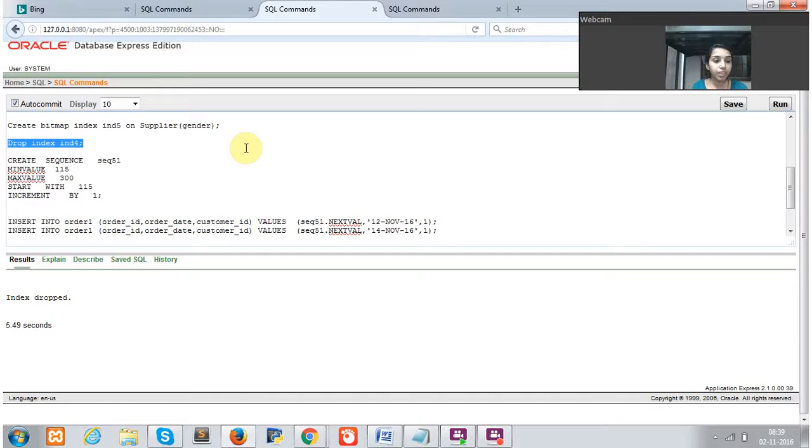Then the seventh question is to create a sequence on the order ID table, so that while we are entering a new value into that order ID table, the minimum value of the order ID attribute should be 115, and the maximum value should be 300. So the starting value is 115 and increment by 1. So creating this sequence,